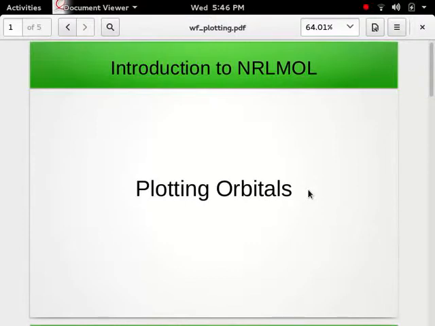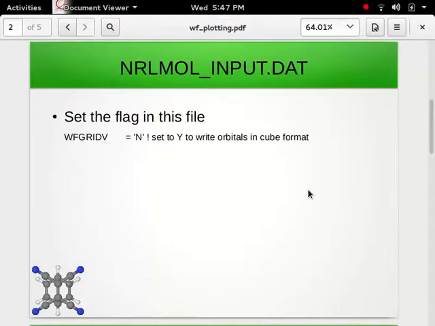In this occasion, we will be plotting the orbitals that are generated by NRLMOL. So to do that, first of all, you have to request the calculation of these orbitals. So in the NRLMOL_INPUT.DAT file, you have to set this option, WF_GRID_V, equal to yes. Normally it's set to no. So once you do that and the calculation actually converges in the SCF cycle, some files will be generated in